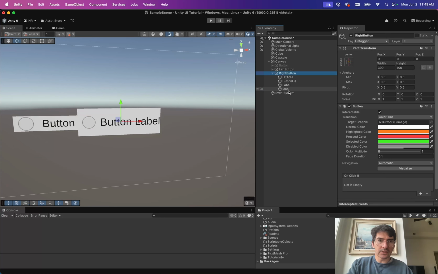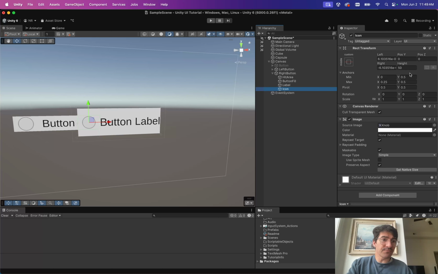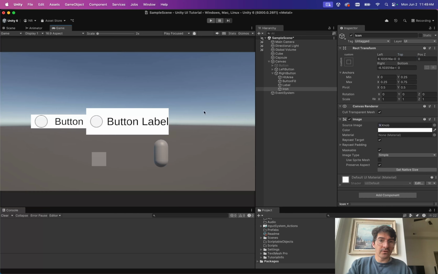Or I guess alternatively, the other way we could do that is to use relative values, and we'll say 0.25 and 0.75. So now what we're saying is that no matter what, the size of the icon should be 50% the height of the button, right? We're going from 25% to 75%. Those are the anchor points for our Y values. And so now, even as we scale